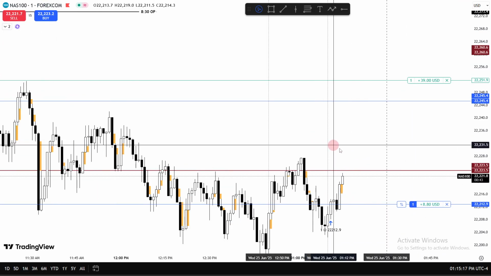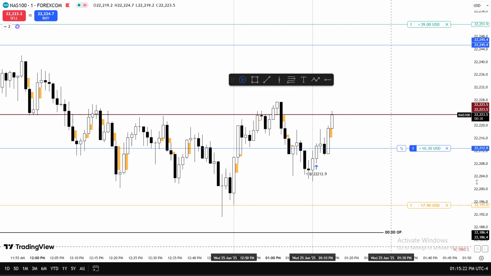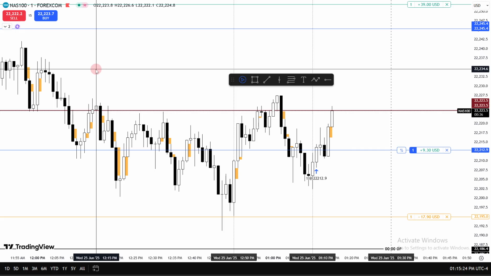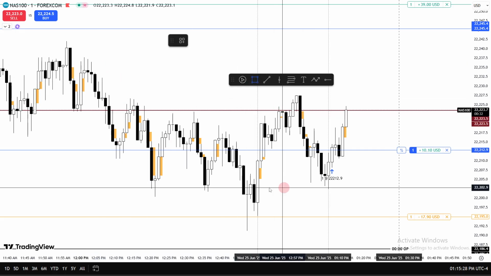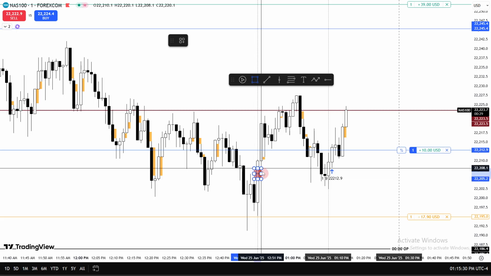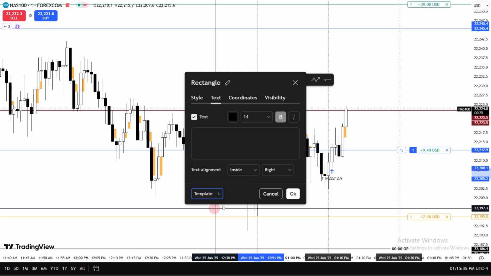And if we look here closely, let me just zoom in. So currently we are 10 points up from our entry, and I was talking about this gap right there. This is the buy side imbalance, sell side inefficiency,